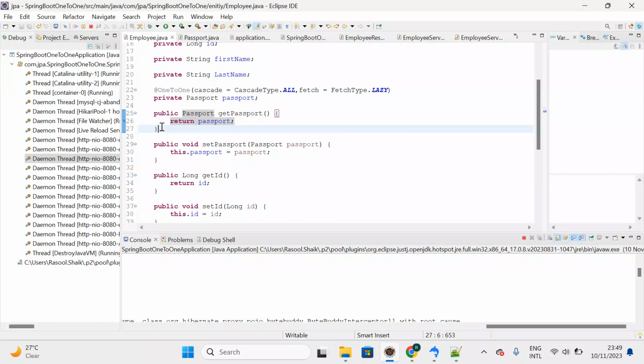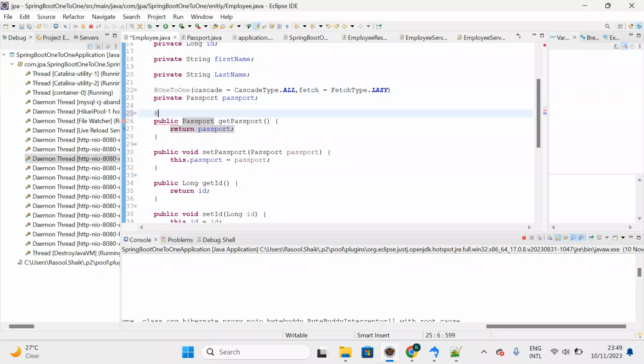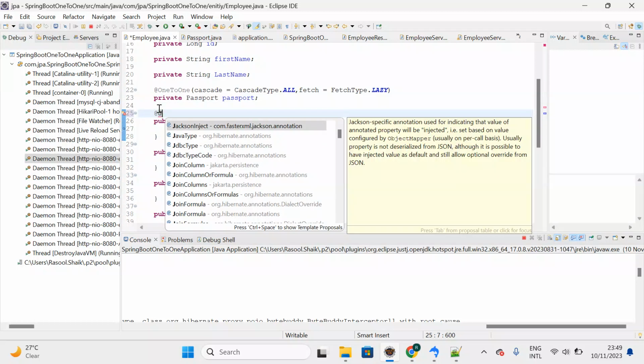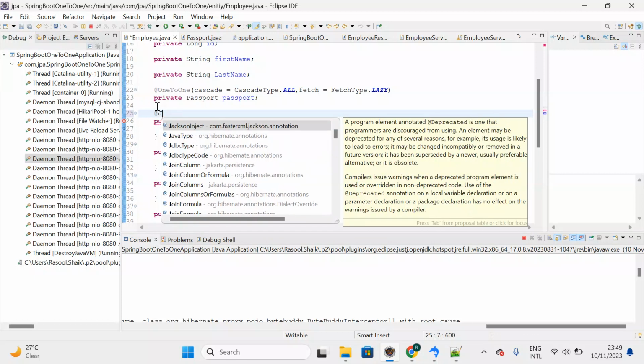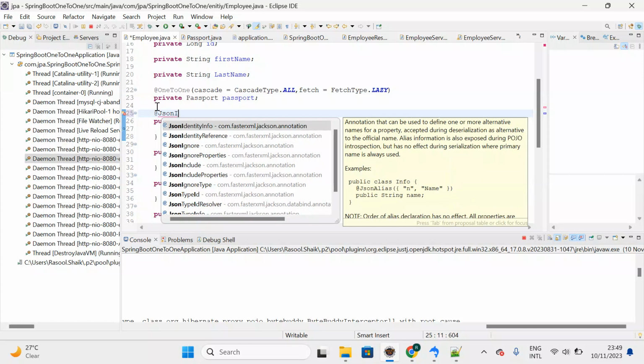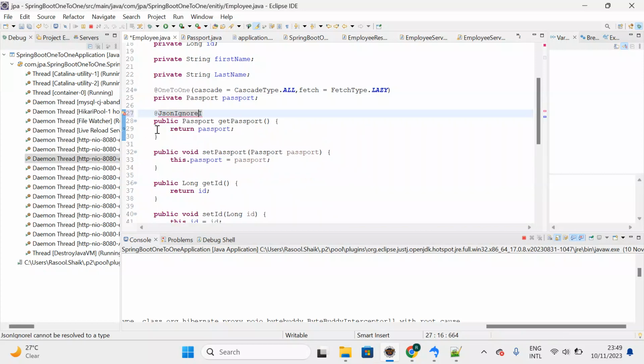This get passport method will never be invoked if you ignore this property by using the @JsonIgnore annotation. If you specify this, then after we return the